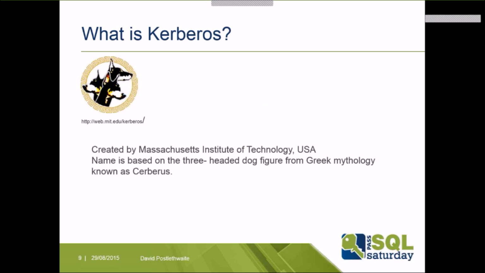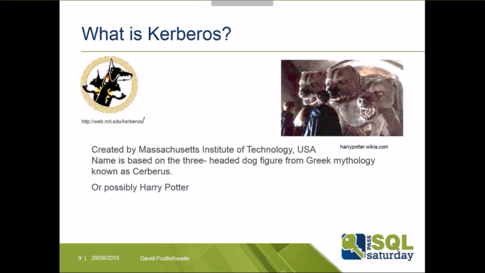So what is Kerberos? Kerberos is a network authentication protocol developed at the Massachusetts Institute of Technology in the USA in the 1980s. The name Kerberos comes from the three-headed dog figure from Greek mythology known as Kerberos, spelt with a C, because there are three parts to the Kerberos protocol. Or possibly it's come from Harry Potter. For those of you who are Potter fans will remember that Hagrid owned a Kerberos called Fluffy that guarded the